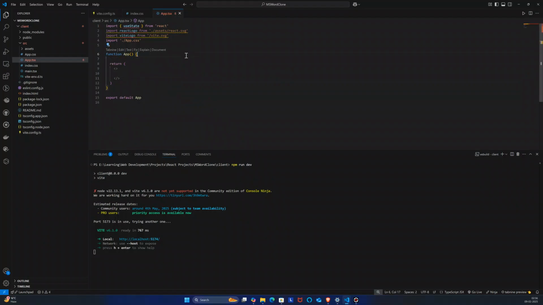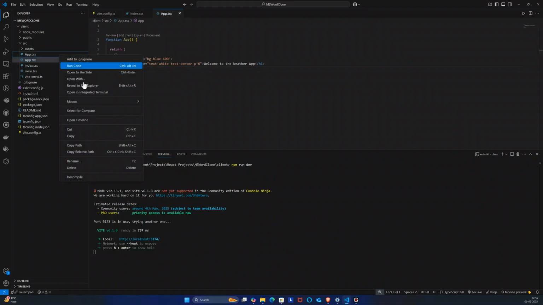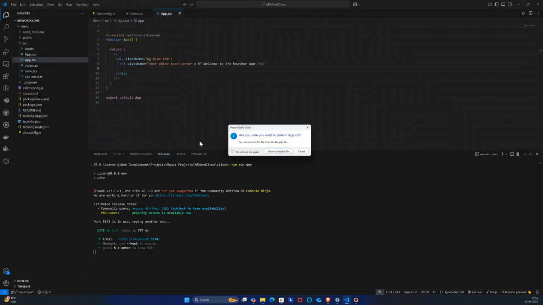I will remove this, I'll remove all of this as well. Now what I will do is a dot bg glue 600. Alright, and here welcome to the weather tailwind. Anyway, so this is it, and I will also remove this file, so let me delete this,